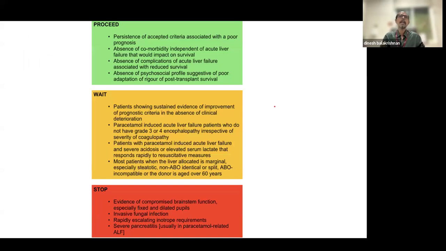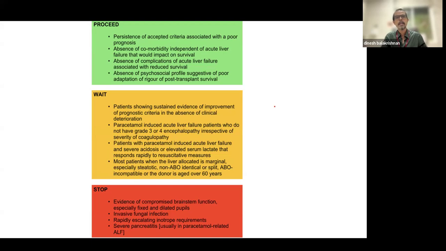So in acute liver failure, if they meet criteria, yes, transplant is life-saving. You should assess these patients thoroughly. You should see that their brain function is okay, the pupils are reacting, the intracranial pressure is not very high. We would do an MRI to see if there is any uncal herniation. We should look at comorbidities. They should not have comorbidities which are not compatible with survival. So if they do not have any of these major issues,